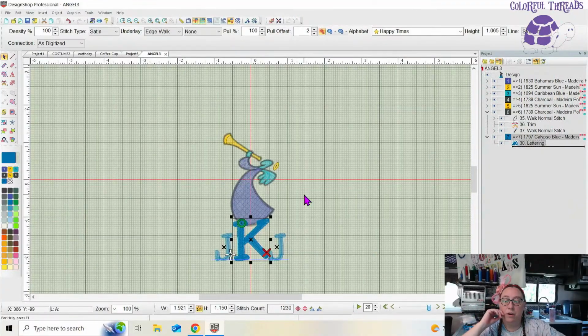Every download comes with those designs that I just kind of showed you. I am reading off of my cheat sheet to make sure I don't miss anything. Auto underlay and auto densities. So one of the things that they worked really hard with